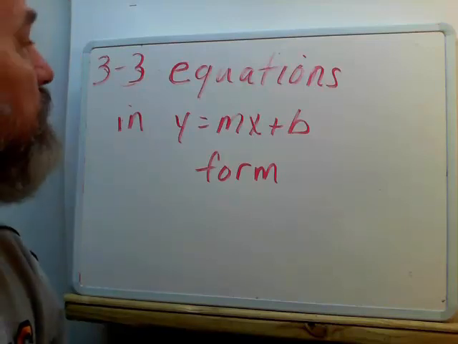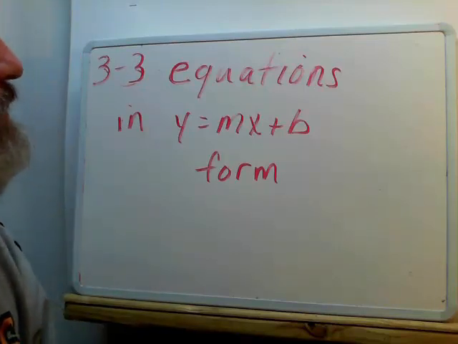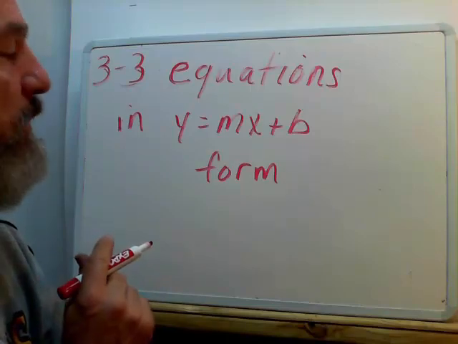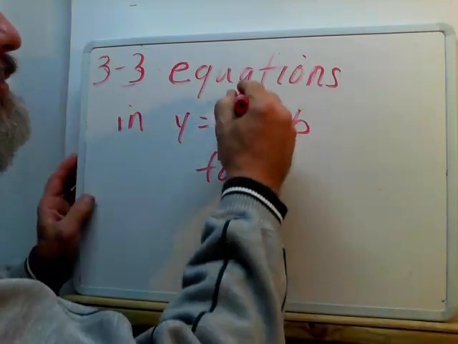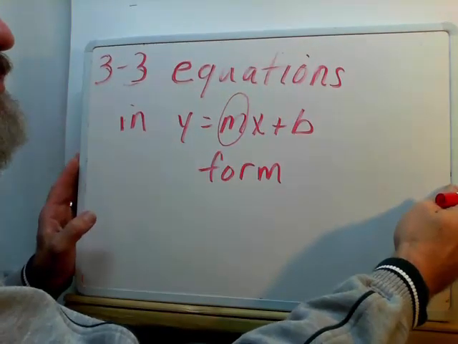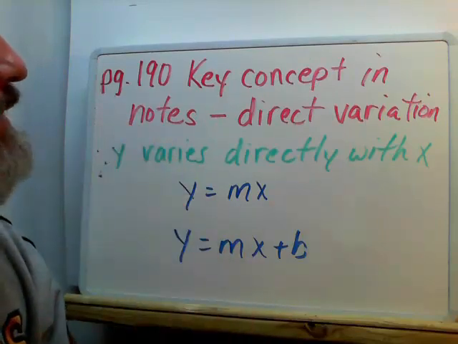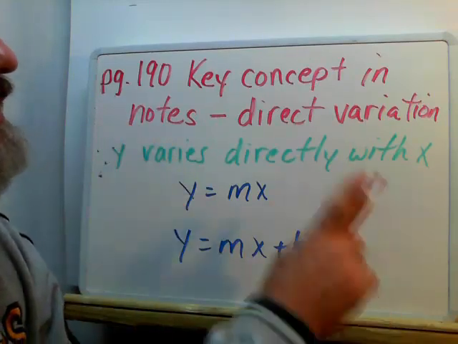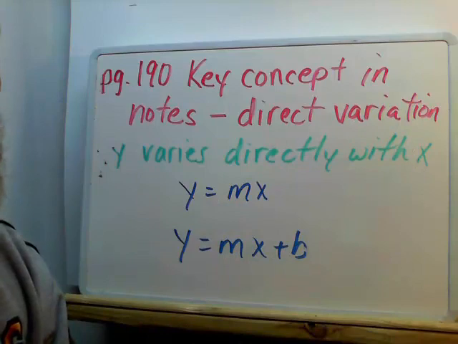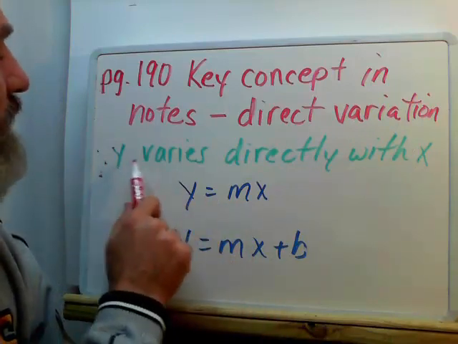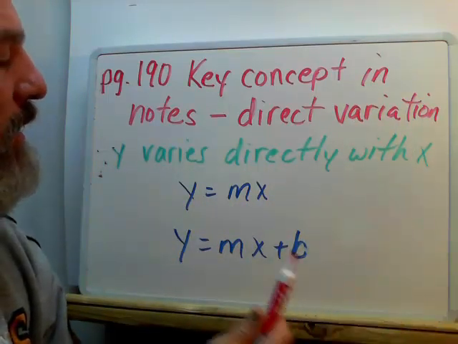Okay, here is section 3-3, equations in y equals mx plus b form. Remember, m is going to stand for slope. Make sure you get page 190, the key concept in notes. It's about direct variation. Basically, it talks about how when y varies directly with x, then we can put it